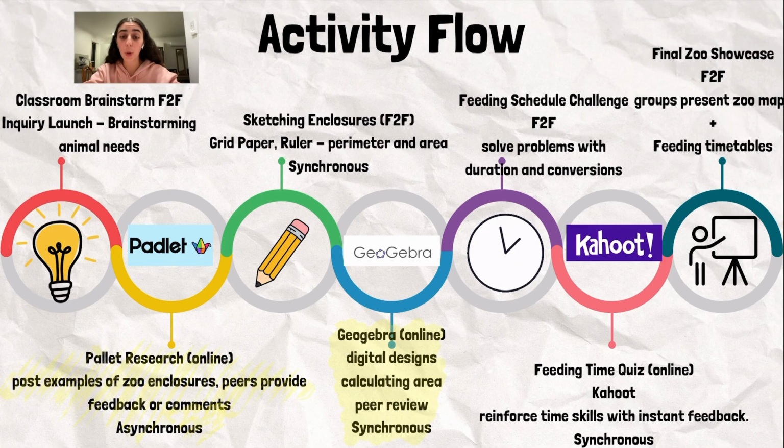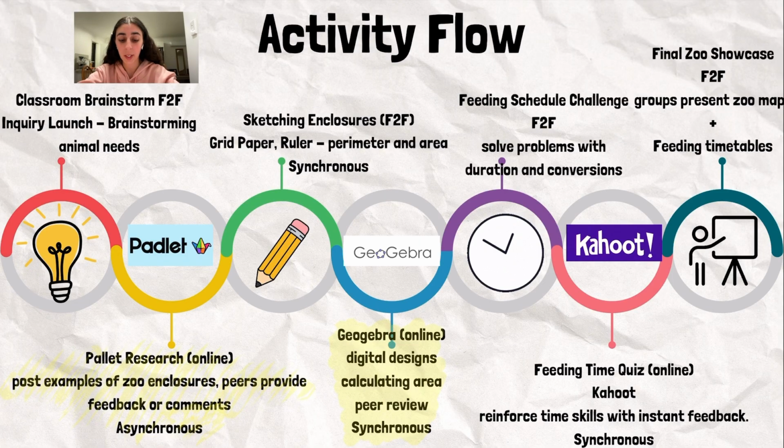Here is the flow of the unit in a bit more detail. We start with a classroom brainstorm to activate prior knowledge. Then in Activity 2, students research zoo enclosures on Padlet asynchronously, contributing ideas that can be revisited later. In Activity 3, those Padlet ideas are brought into the classroom where students sketch and measure their own enclosure designs, applying